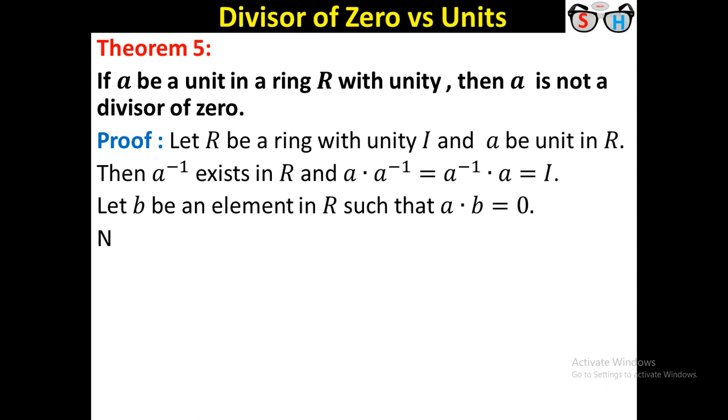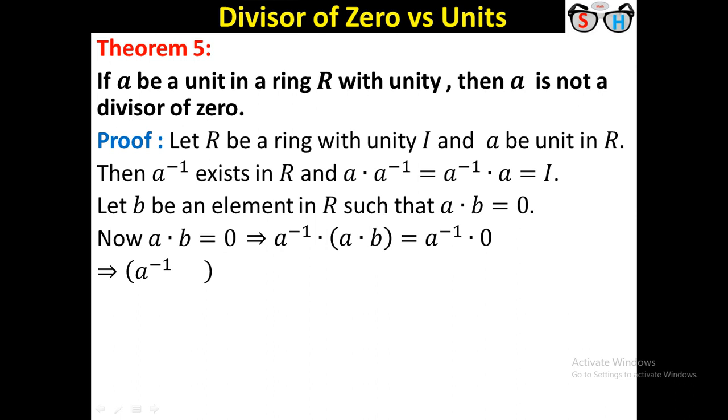However, in the relation A dot B equal to 0, we multiply A inverse on the left, that is, by pre-multiplication of A inverse in the relation, we get A inverse dot AB is equal to A inverse dot 0. Again, by the associative property, A inverse dot A, then dot B, equal to 0. Again, this is I, that is I dot B equal to 0. I dot B means B, that is B equal to 0.